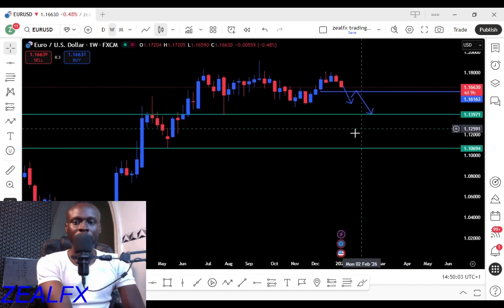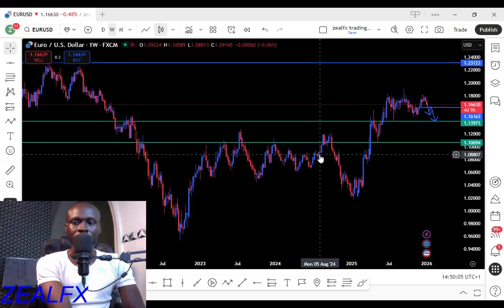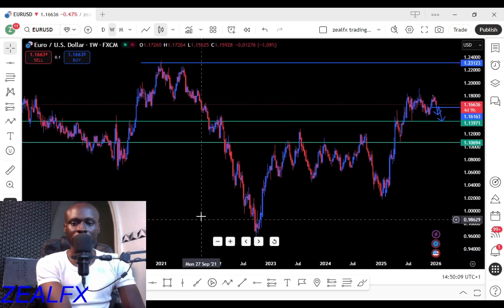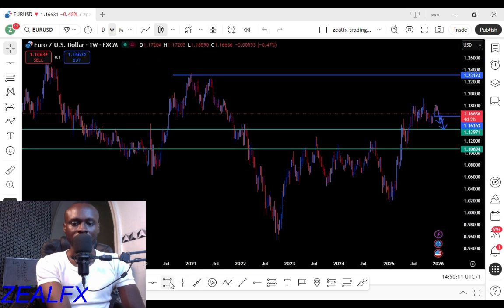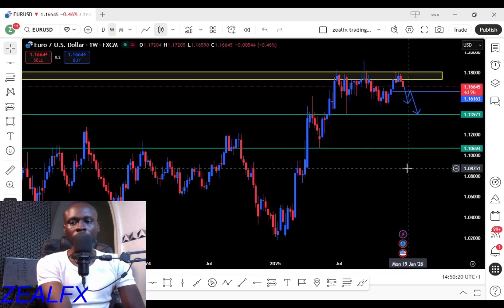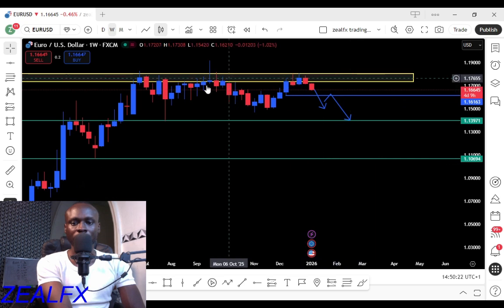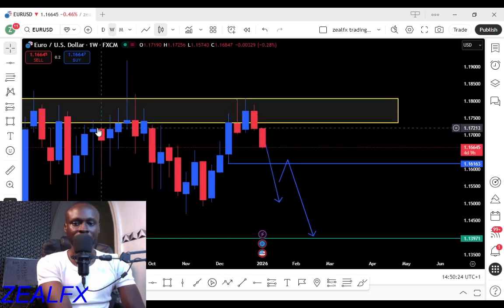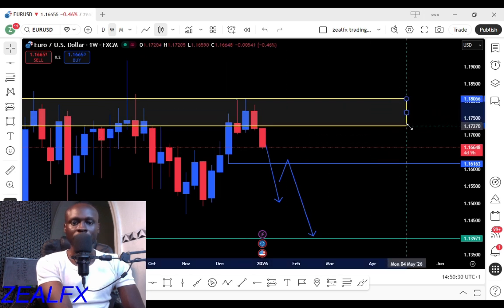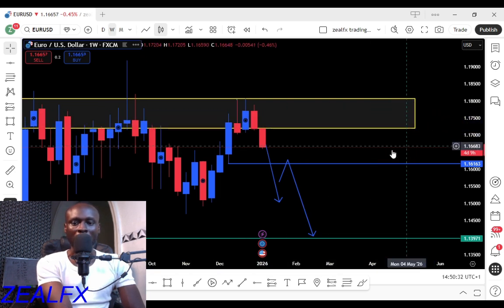On the Euro USD weekly chart, you can see that price closed on a resistance level, which is this long-term resistance level. Let me map out the resistance level. You can see that price closed on this long-term resistance level. And so long as price closed on this long-term resistance level, and we also have this resistance at this level, this is a strong resistance level,